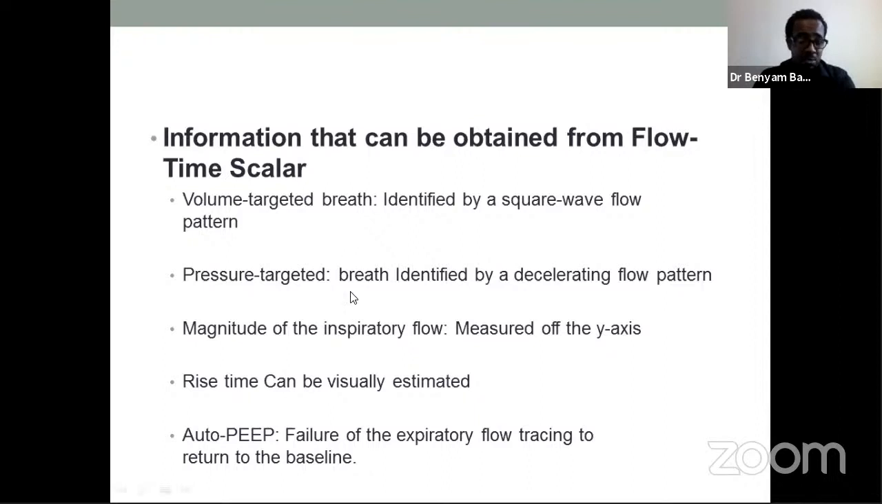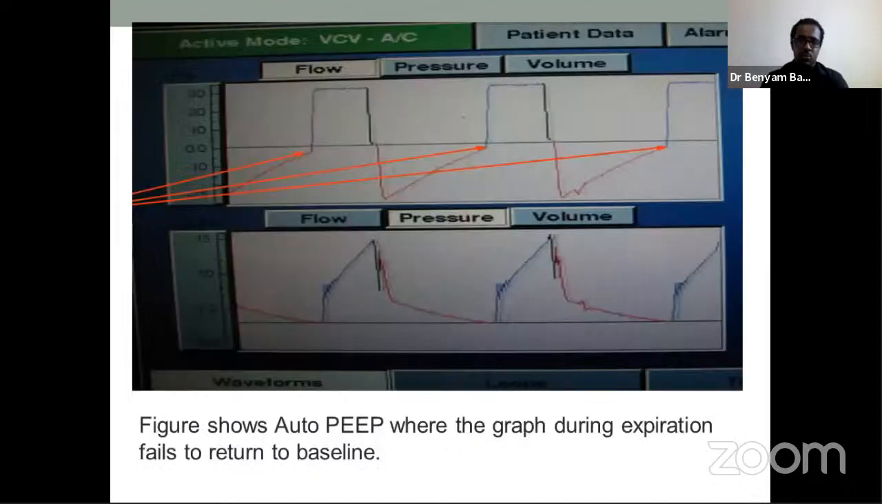So rise time could be visually estimated. We'll see the rise time to achieve the tidal volume on the x-axis. The other thing we'll be able to see is auto PEEP. On this graph, we will be able to see auto PEEP. Auto PEEP will be the failure of the expiratory flow tracing to return to the baseline, which will be designated as auto PEEP. So this is